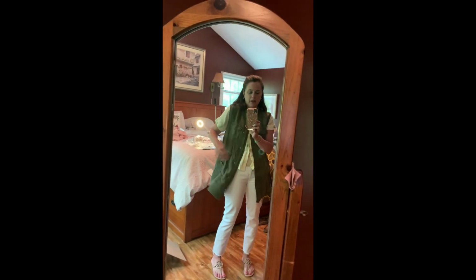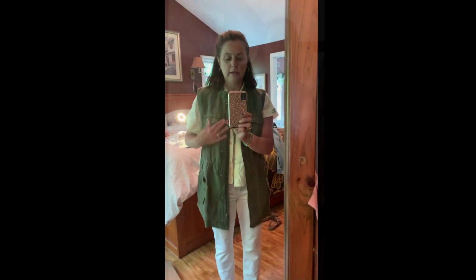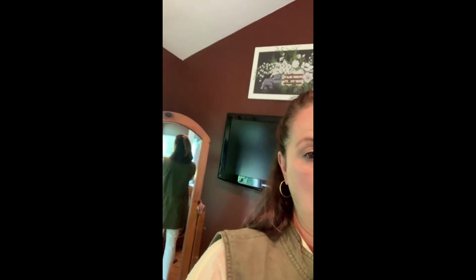Okay, so this vest is really nice. It's very soft. It's not stiff in any way. It has the little ties inside, so you can pull it as tight as you want. It has a zipper and snaps. I really like this. I like pieces that come down nice in the back, nice and low in the back. And I just love the feel of this. This feels really nice. So yeah, I mean, even though I already have a green vest,